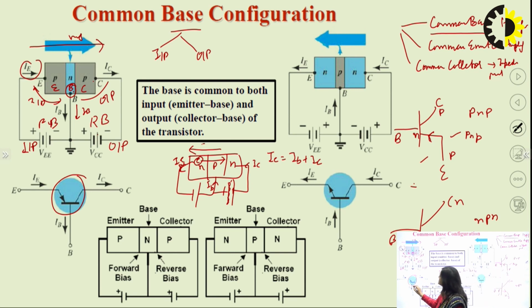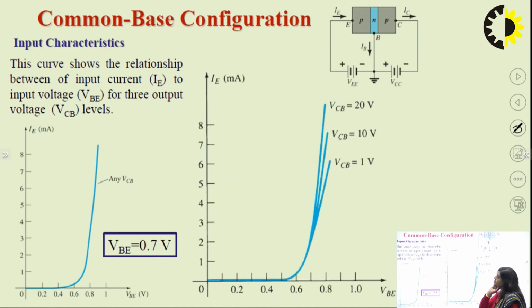Like this transistor, this is the P, N, and P. This is our emitter side. So base emitter side is forward bias. So we will do this forward bias like in this way, and here it would be reverse biased like in this way. Okay, so this is how we can connect a transistor in common base configuration. And these are the input and output characteristics of the transistor in common base configuration.